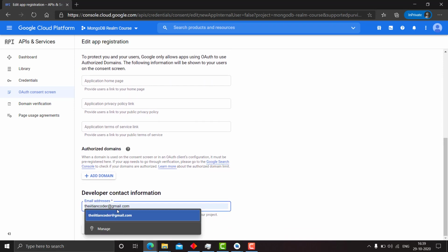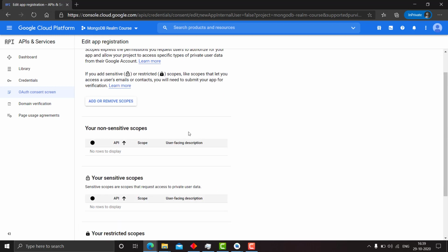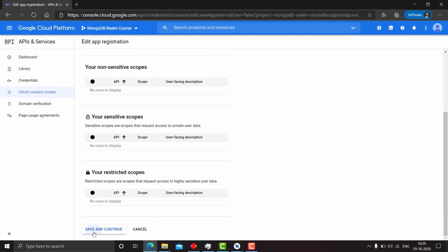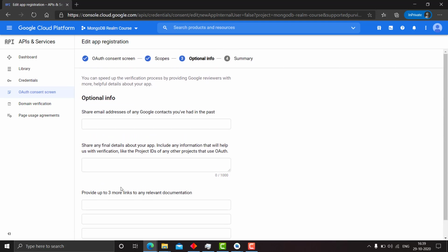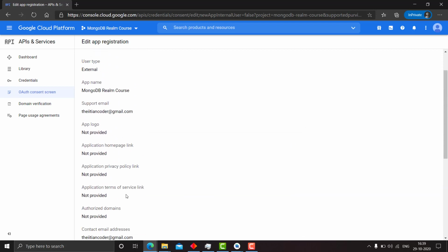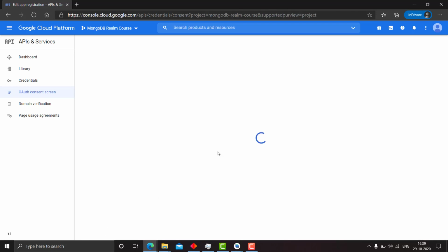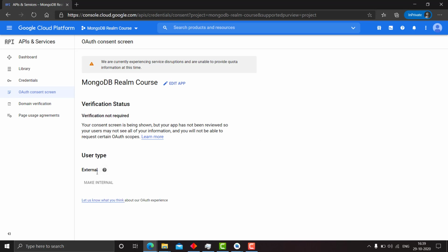Developer contact information is mandatory. Save and continue. Now nothing is mandatory, save and continue. Optional info, save and continue. Summary, and now save and continue. Back to dashboard. So we are done, right.